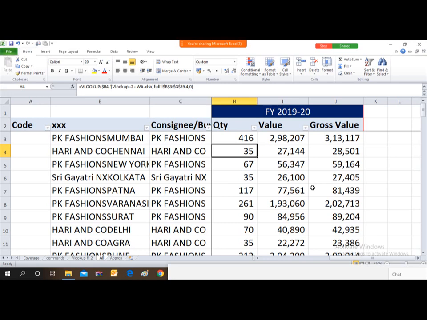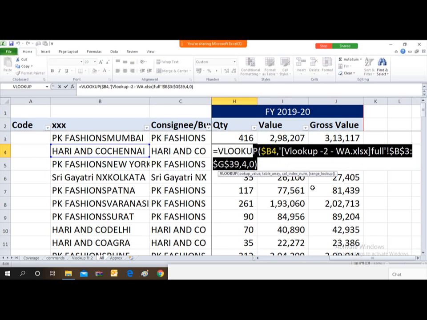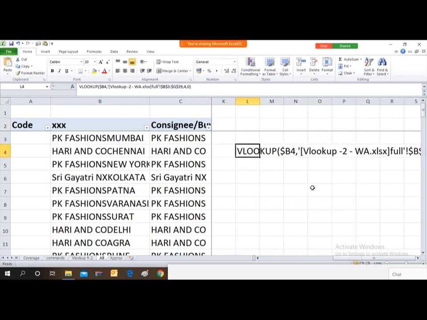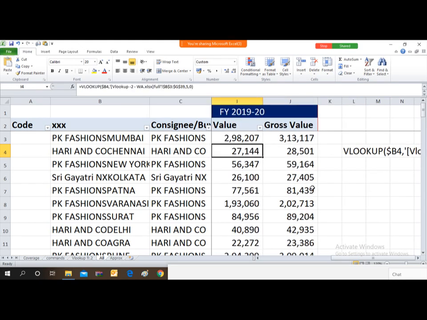So again Seema, if you are facing such an issue, you can just copy this formula, right? Before the equal sign, leave the equal, copy this formula, and in a separate column just paste it. So the text is there, right? And you can hide this column for your reference, right? So I think this may also work for you.